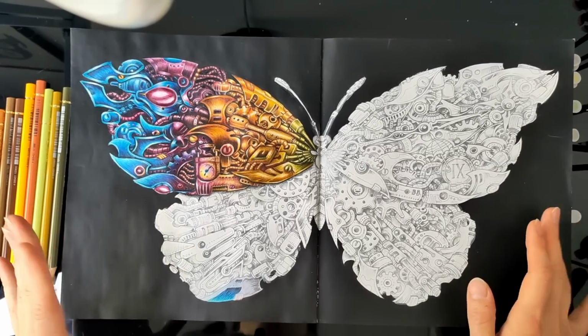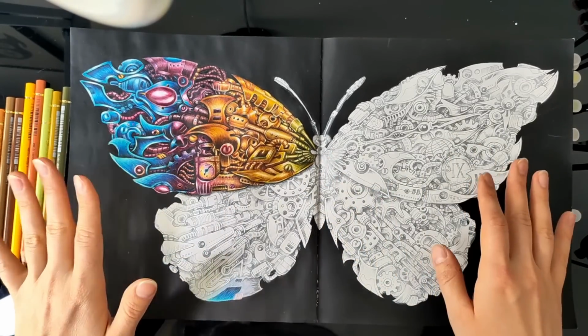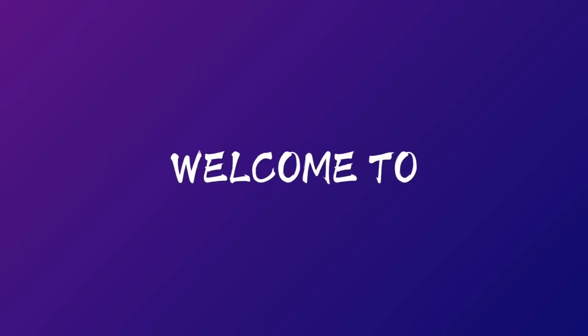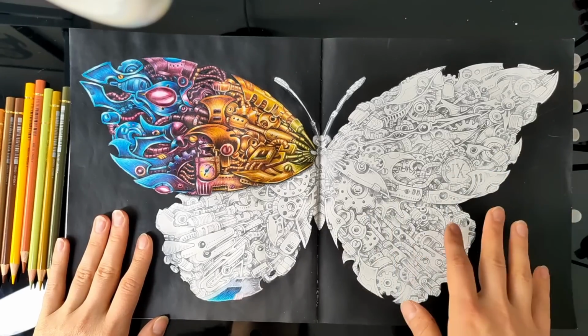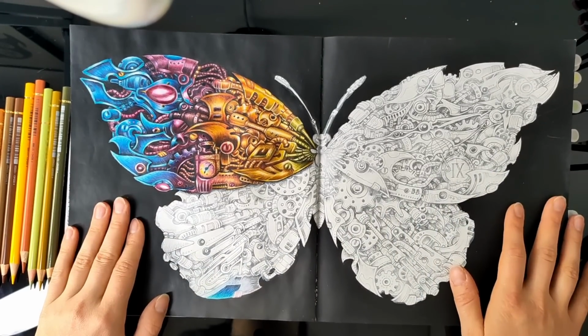Hey guys, today I'm gonna show you how to achieve this rainbow colorful metal effect in your coloring books. I thought about doing the whole color alone video for this double page spread, but when I started to work